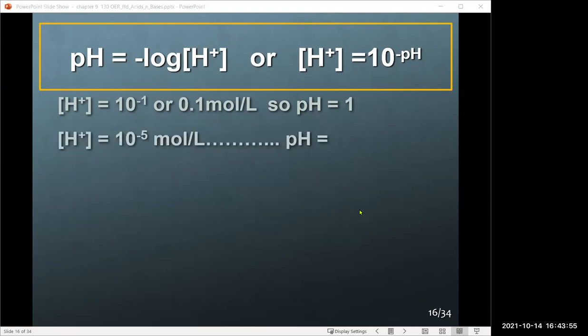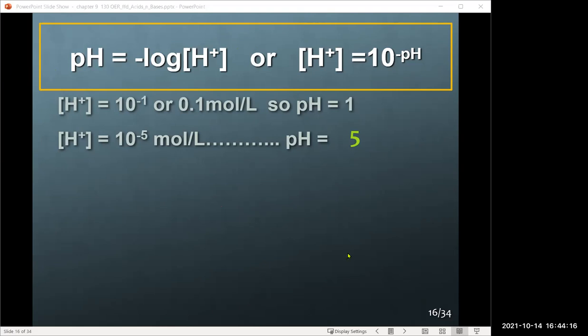So if we take something that's 10 to the negative 5, notice the concentration is getting smaller, all right? If you take the log of that, it becomes negative 5, times a negative gives you a positive 5. Notice the concentration of the proton got smaller and the pH is going up in value to 5, into the